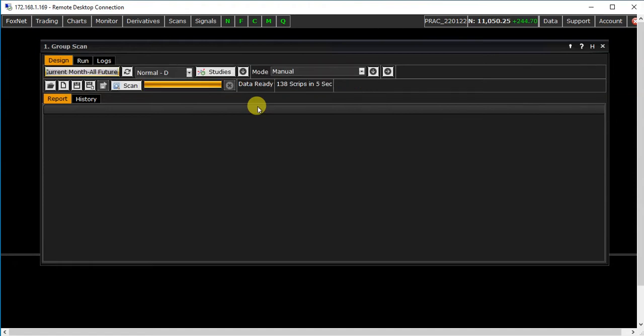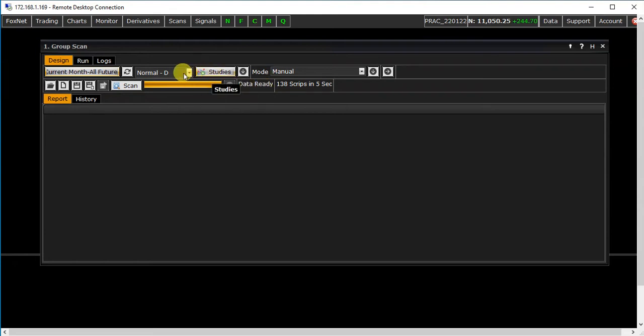After opening the software, when you will first time create the group scan of ranking or any other group scan, or you will load any inbuilt group scan, it will fetch the data only for first time on that group after starting the software. And when it will fetch the data, it will write here data ready. When you will see the data ready, it may take some time to fetch the data.